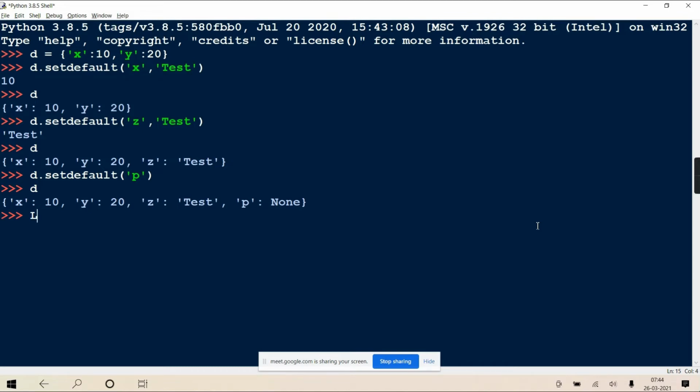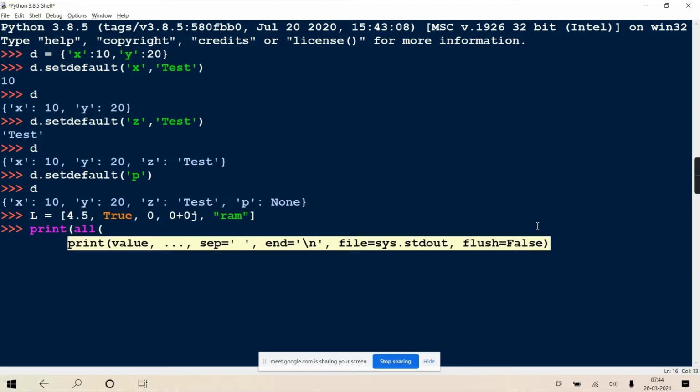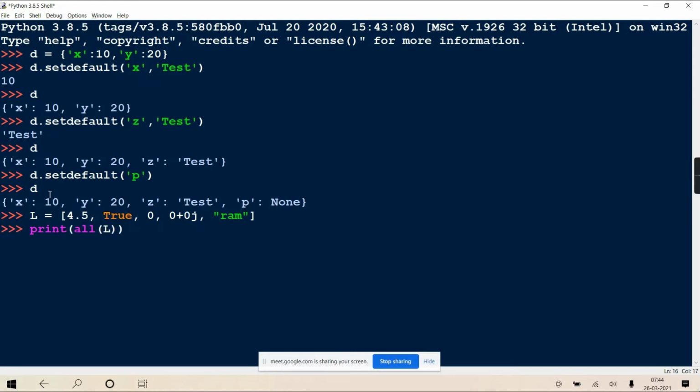So if in your list there are some values, like a string, and now if I call the function all, it will check whether all are true. If all are true, then only it will return True. If any one is not true, it will return False. So 4.5 is true, True is true, but 0 is false, therefore it will return False.